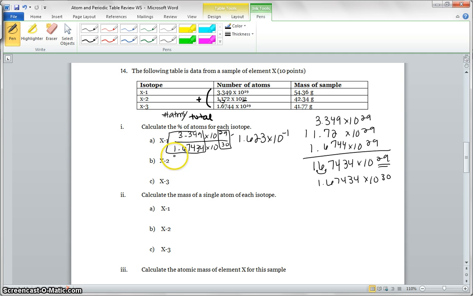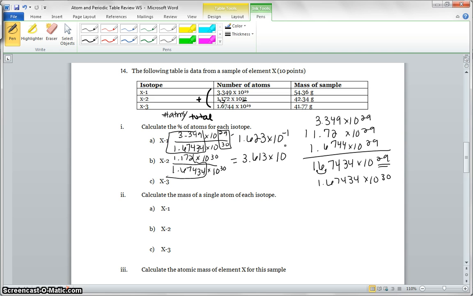Next one, we'll do 1.172 times 10 to the 30th divided by 1.67434 times 10 to the 30th. Divide these again. So we should get 3.613 times 10 to the,